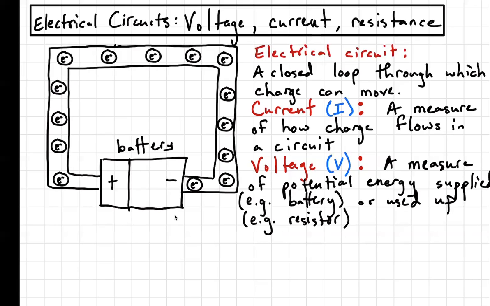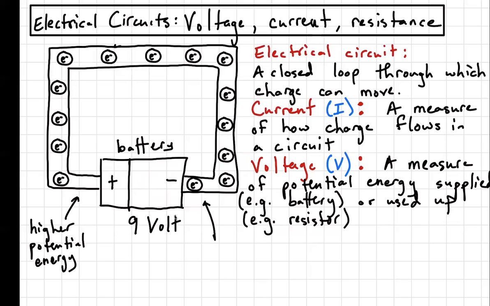The batteries often come rated by their voltage. So maybe this is a 9-volt battery. What that means is there's 9 volts of potential to be used by these electrons in this circuit. So on one side of the battery is higher potential energy, and on the other side of the circuit is lower potential energy. And along the way, that potential energy gets used up, and I'll give you an example of how that works